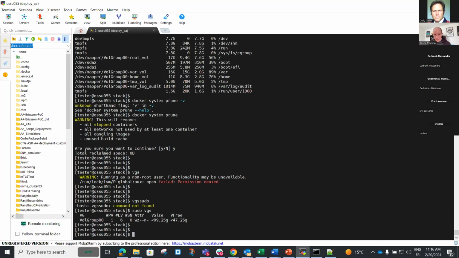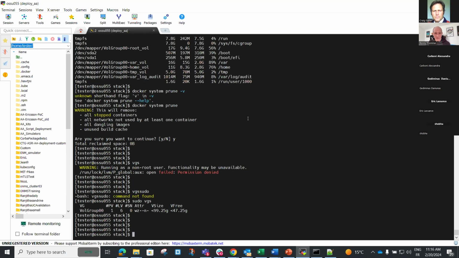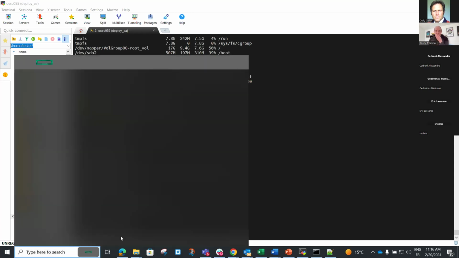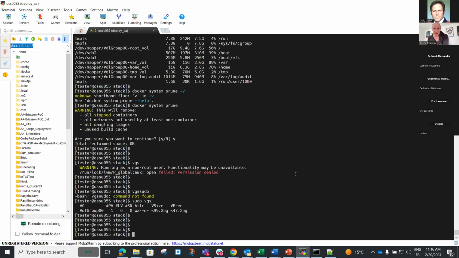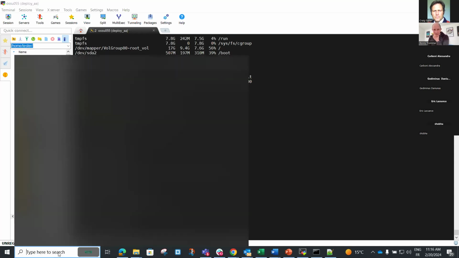Probably more, because the container image for Horizon is already 2 gig. Sorry, it is taking a bit more time in my case. No problem.